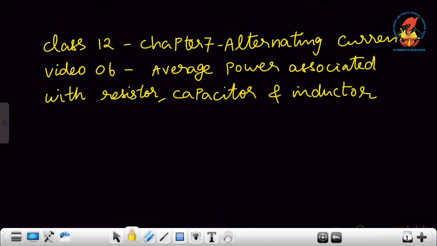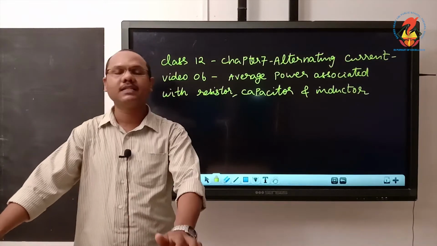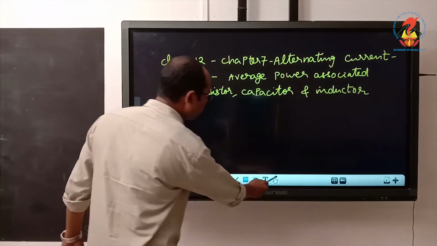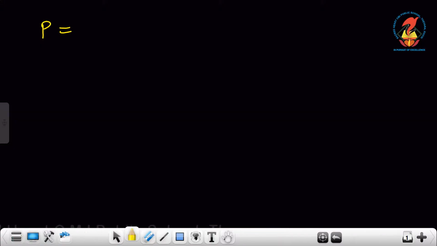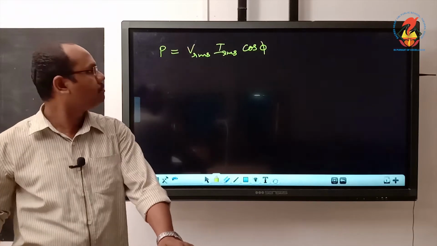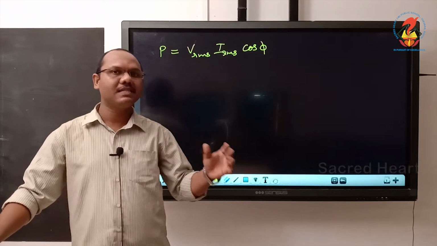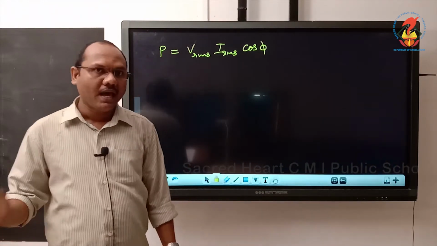Good morning, students. Today we are going to study the average power associated with a resistor, capacitor and inductor. We have already studied the equation: average power P is equal to Vrms Irms cos phi. This is the equation for the average power in any device, or I can say the average power in an LCR circuit is P is equal to Vrms Irms cos phi, and here